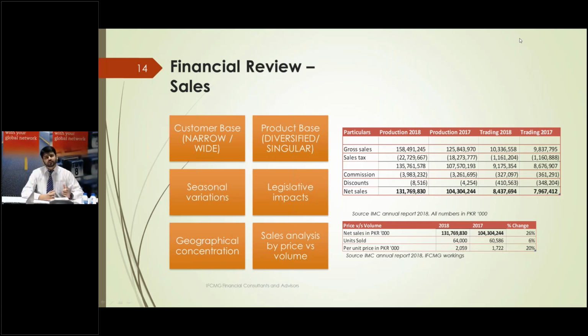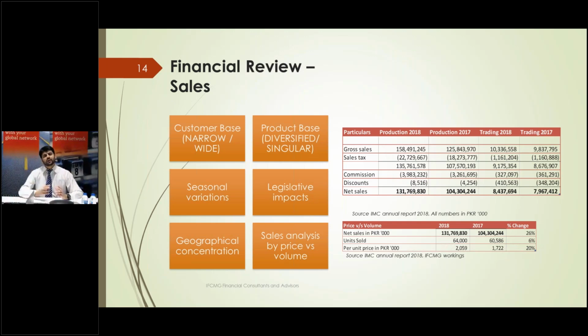And another, because we are primarily an agri-based economy, another driving force on the sales of Indus Motor Company is agriculture. When harvesting season takes place, that is when the smaller farmers buy motorbikes and the larger farmers buy either Prado or Corollas.